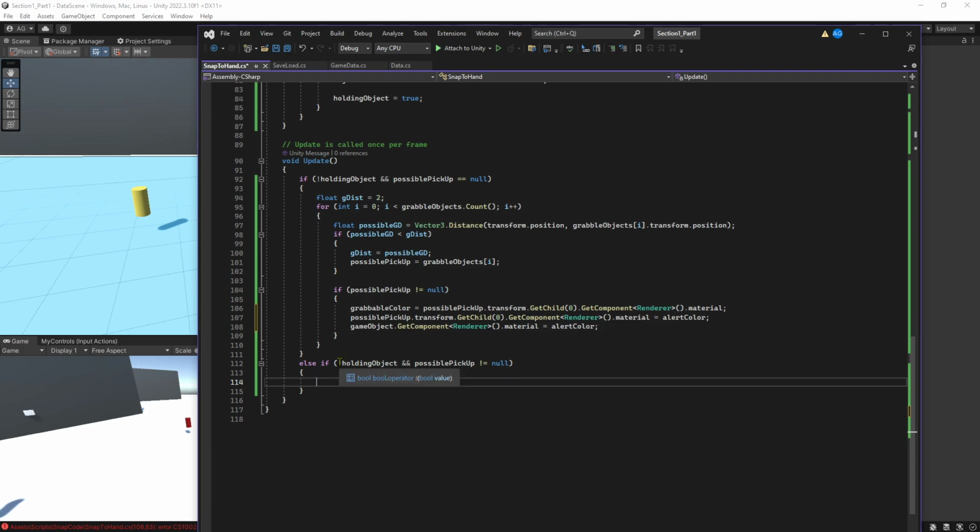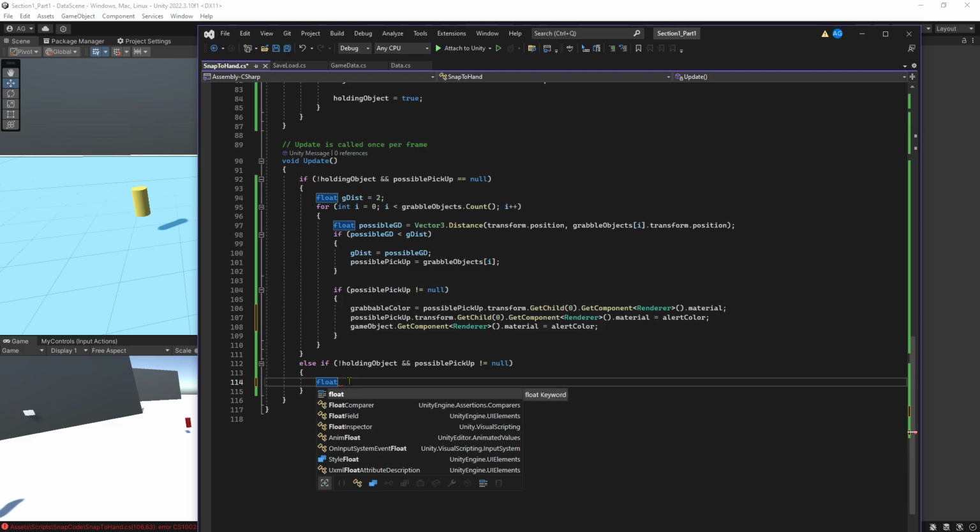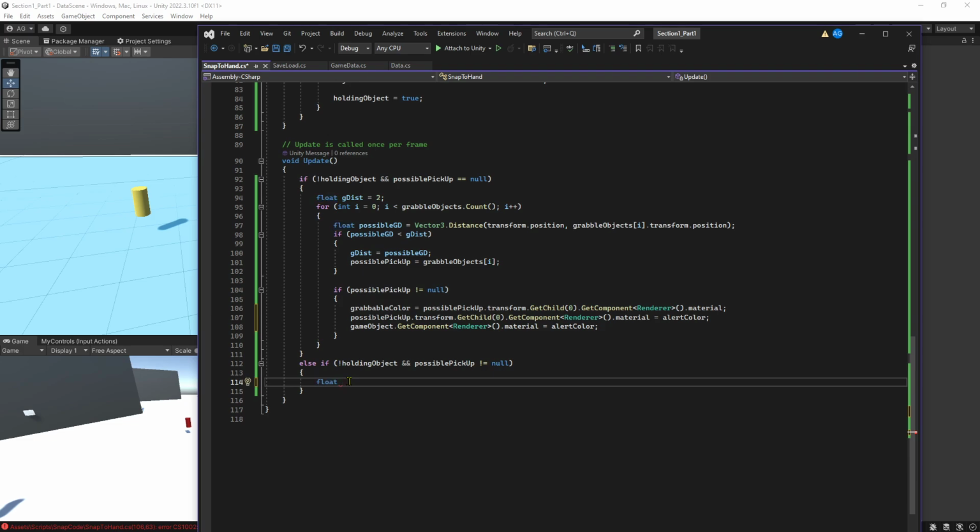All right, so now we still don't have anything, right? We're still not holding anything, but we do have a possible pickup, right? We've set a possible pickup here. So now this is going to come into play of, great, we were within range and now we're going to go out of range. So we're going to set this float to a little bit longer. Actually we don't even need one for this. We're going to go if